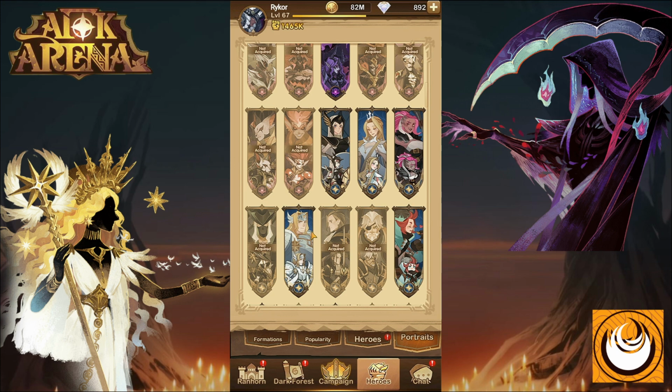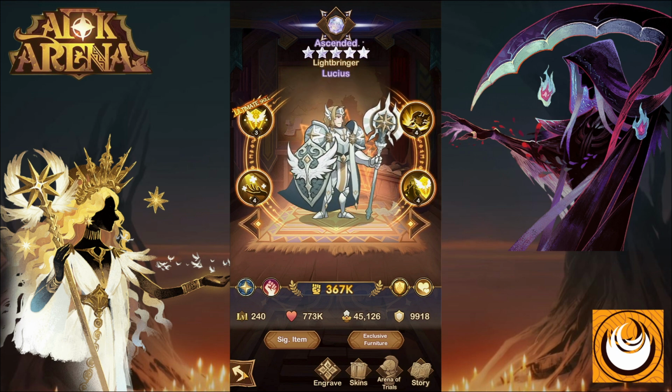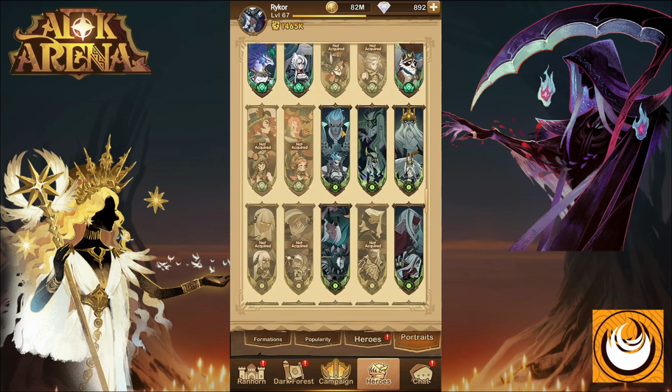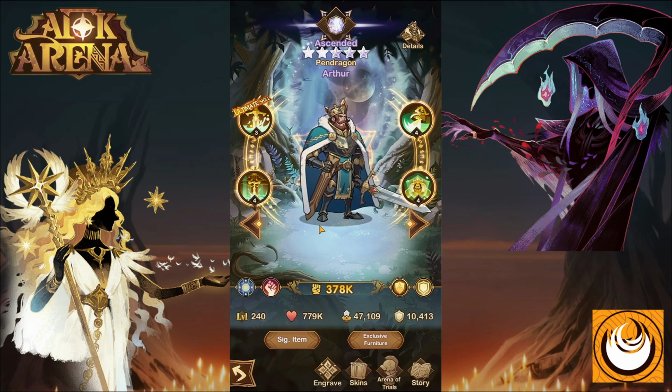Additionally, tanks provide a slightly similar role to support. However, their role is more about taking damage and allowing their allies and teammates to complete their specific roles. So for example, Lucius over here can provide a significant amount of healing and shields. However, he struggles to take damage. Tanks such as Arthur can take a significant amount of damage and provide a lot of buffs for any